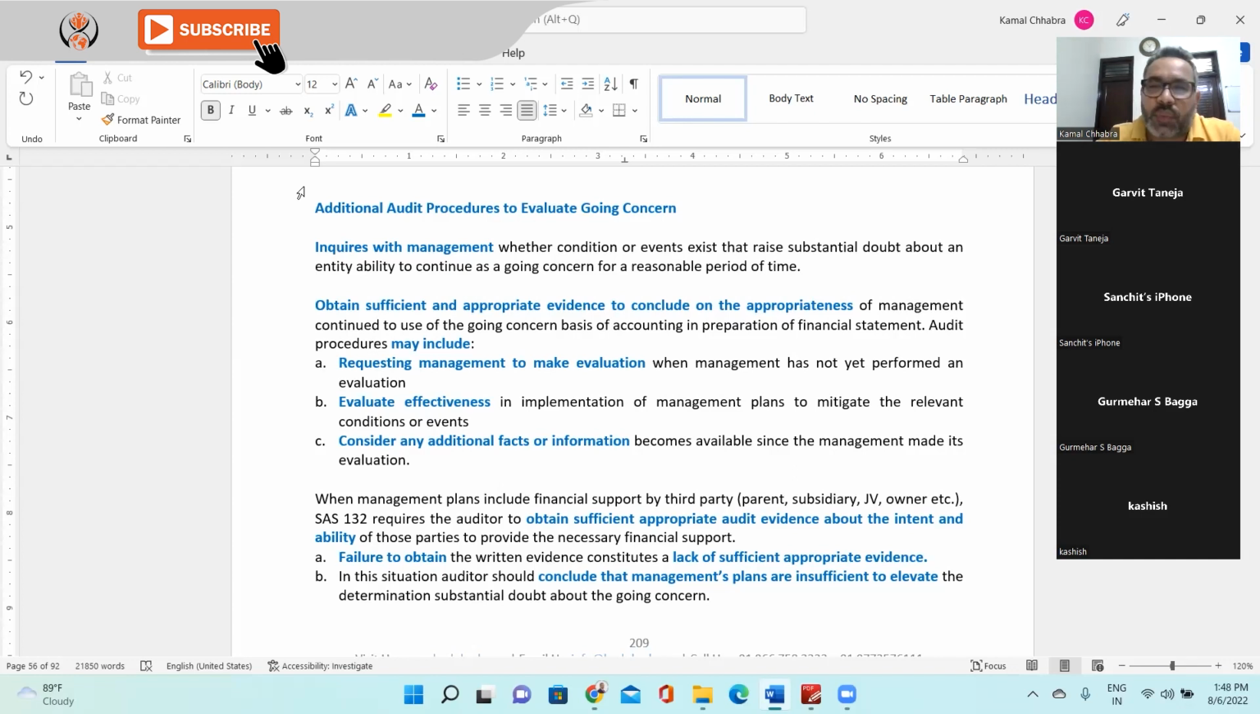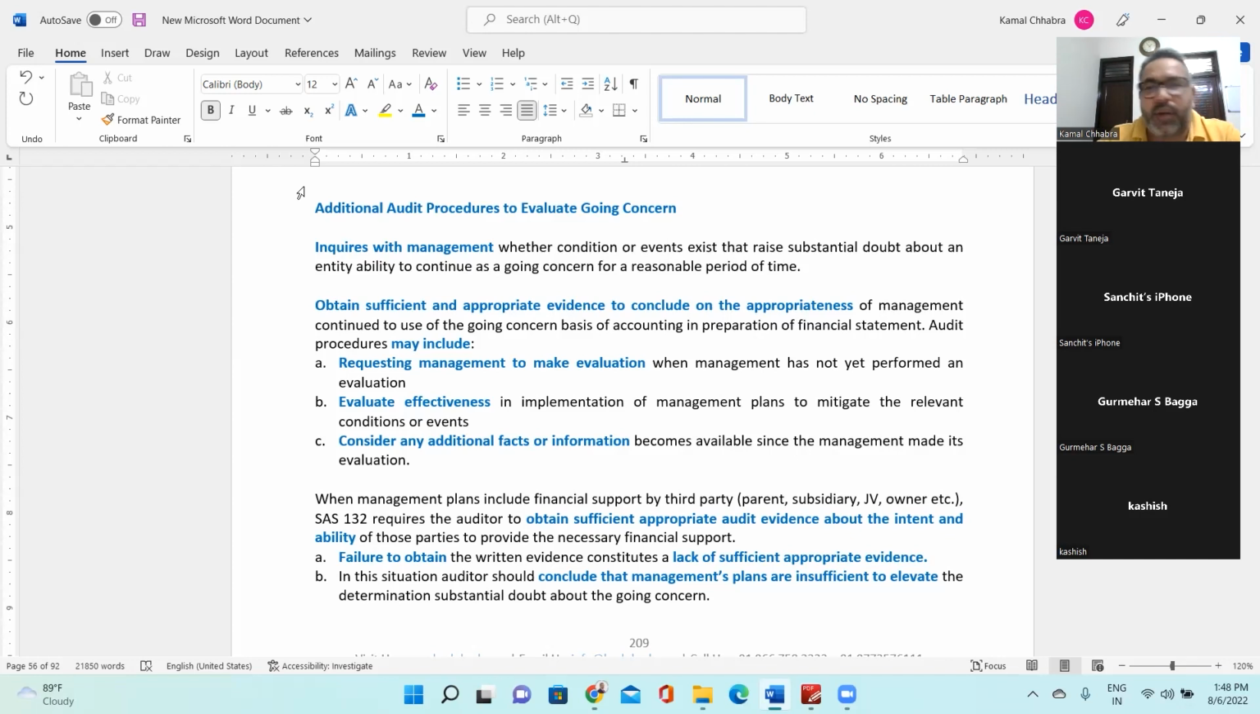If they have not performed the evaluation, ask them to perform the evaluation on the going concern. Second is evaluate the effectiveness of the implementation of management plan. So for example, the company is running in loss and you can say indicator that in future management may not go long or the company may not go long for the